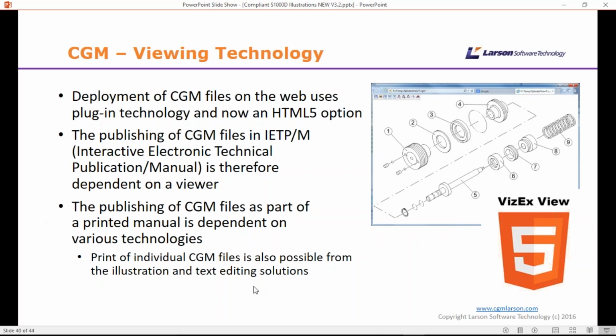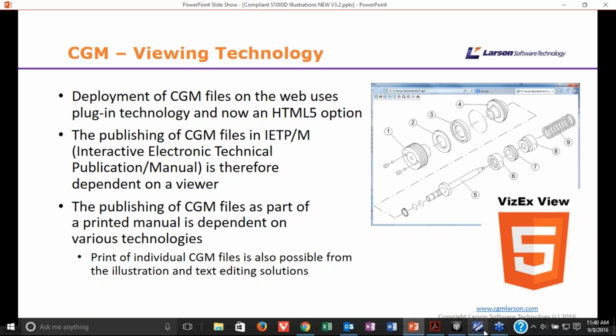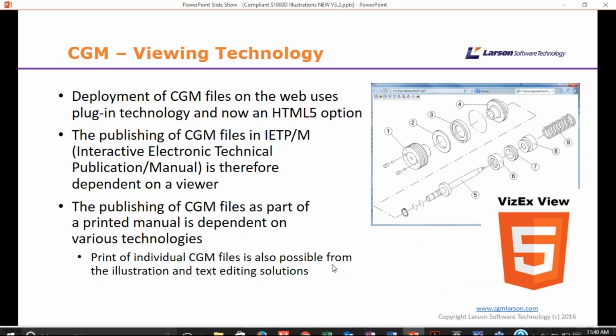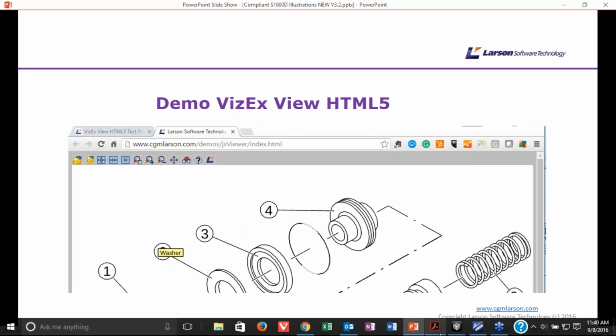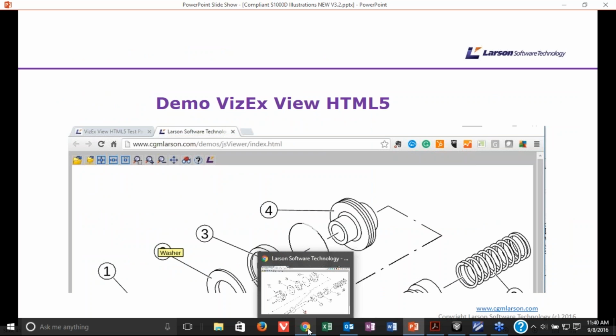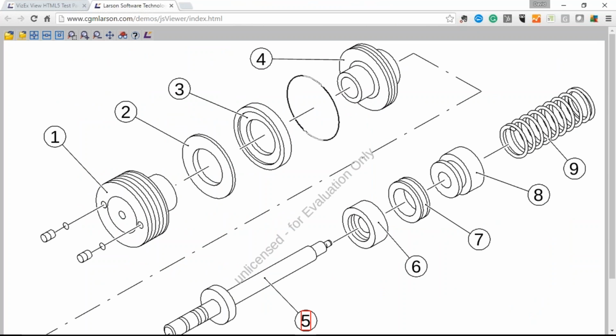So Larson have a technology, and this will be the final demonstration, where you don't need a viewer to look at a CGM on the internet. This technology is based on HTML5, but it doesn't need a plugin. Now we're looking at the file within Chrome.